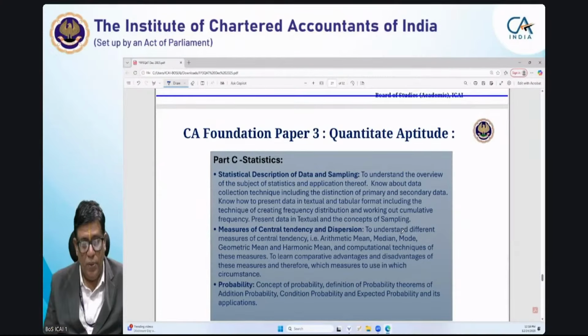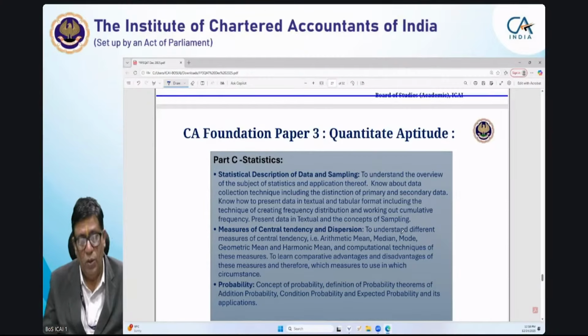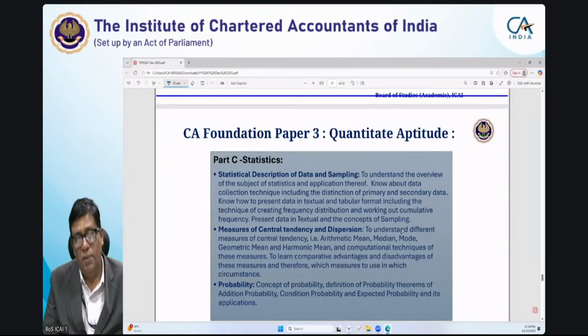The computational techniques and the advantages and disadvantages of these techniques are also discussed here, and these are all very important. And the probability concepts and the definition of probability, the addition theorem of probability, conditional probability, expected probabilities and their applications are also important, which are given in the study material. Try to understand those concepts and write separately what concepts are related to probability and definitions. Apart from that, the addition probability problem, conditional probability and their properties, and expected probabilities, especially the mean and variances of those expected probabilities, are important